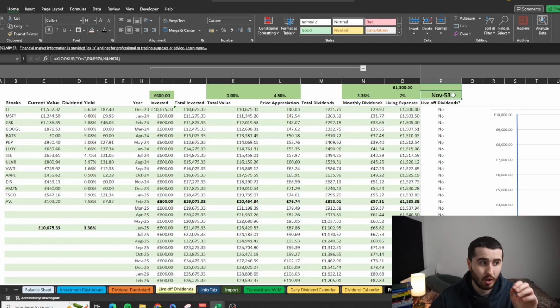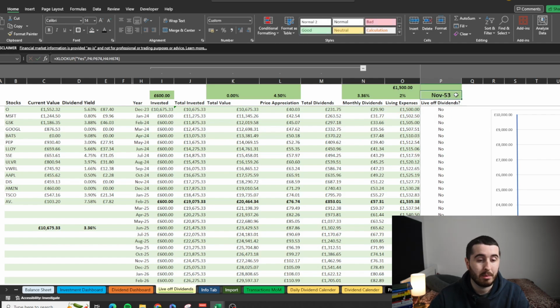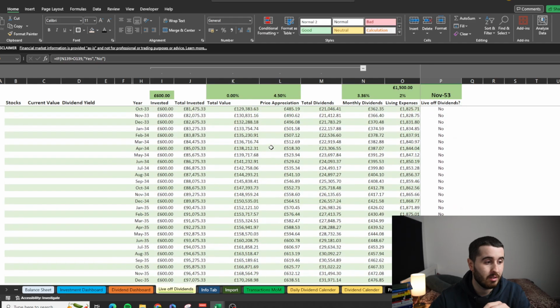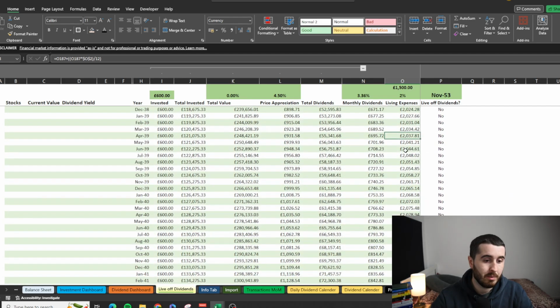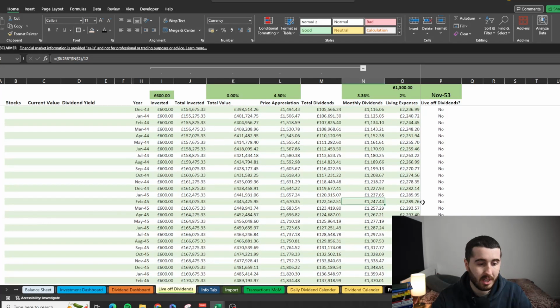And then this column here is basically saying, is your monthly dividend greater than your living expenses? If it is, then yes. And if it isn't, then no. And then this is basically going, when do you hit first yes? So if we scroll down, by the time we hit 2030, for example, my monthly dividends are going to be £200 a month, and my living expenses have gone up to £1,700 a month. And if you keep going down, when we get to like £1,000 monthly dividends, 2042, my living expenses have gone up to nearly £2,200, and my dividends are only £1,000. But if we carry on going,